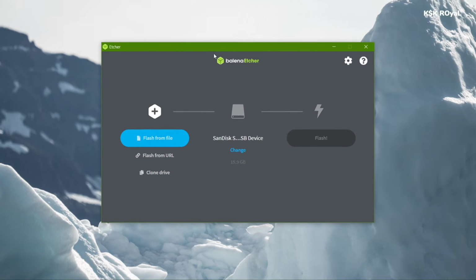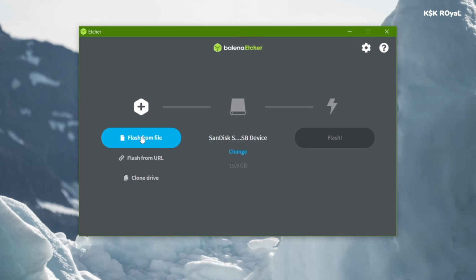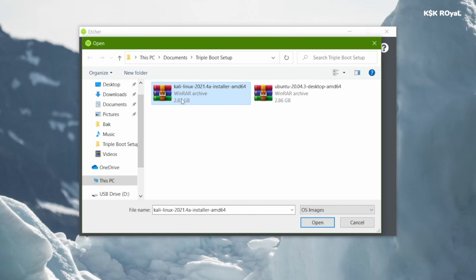Now open Balena Etcher. Now inside here, import the Kali Linux ISO and choose the USB drive and flash it.